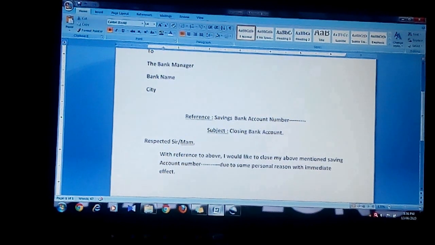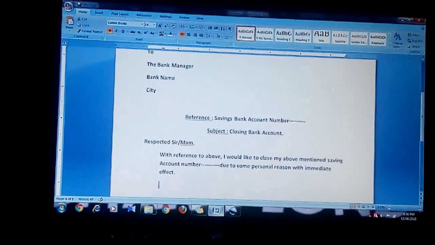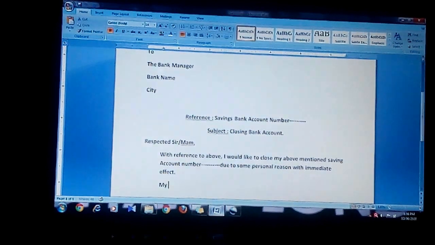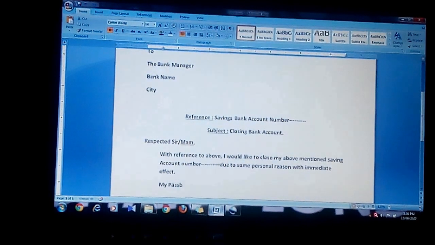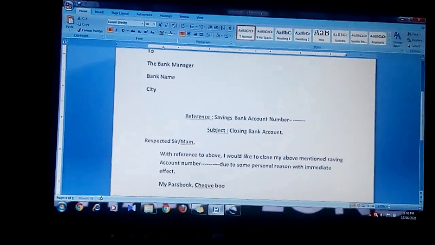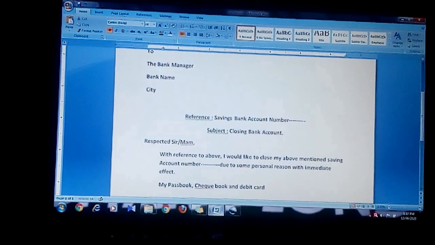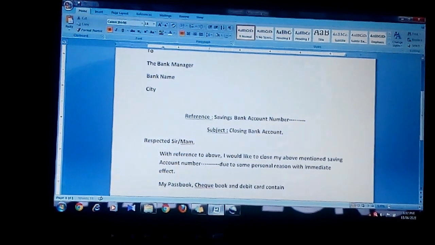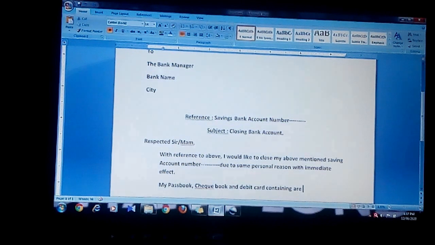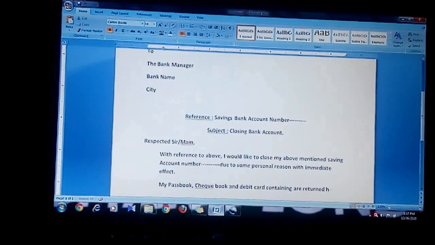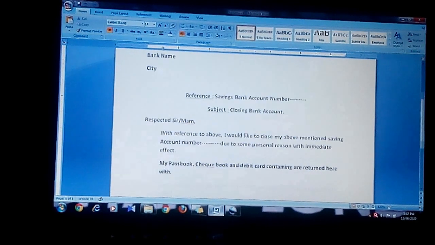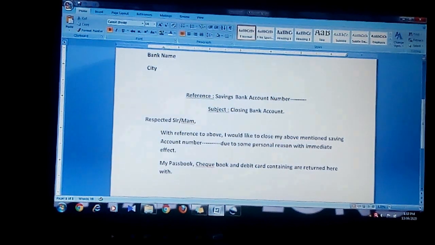One time enter the tab keyword, my passbook, checkbook and debit card containing are returned herewith, full stop, enter. One time enter the tab keyword,